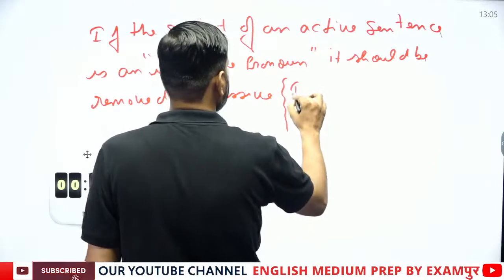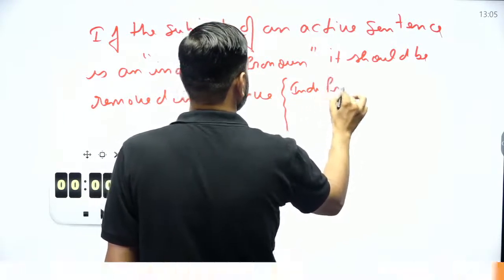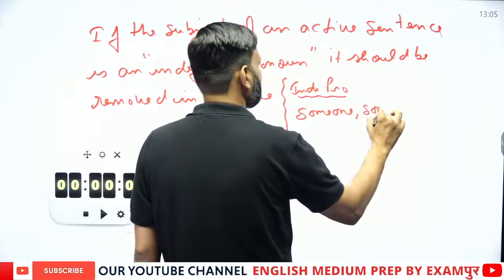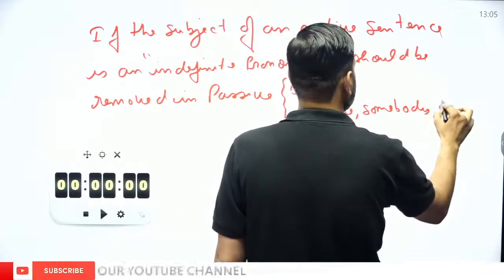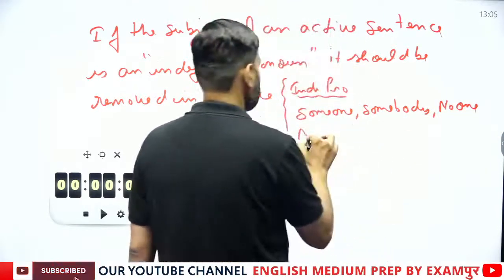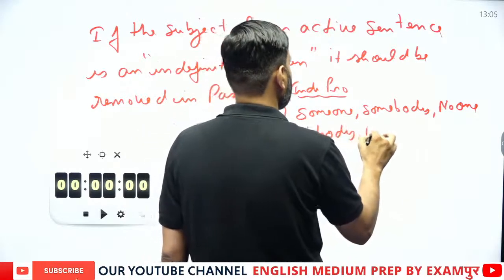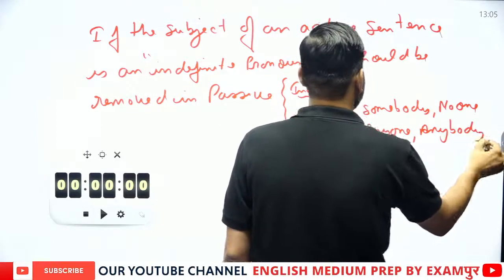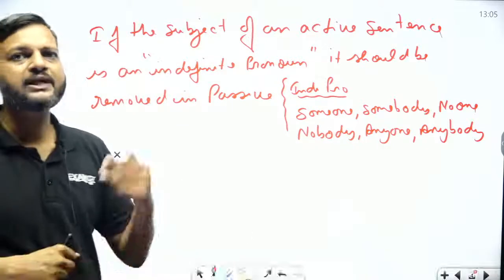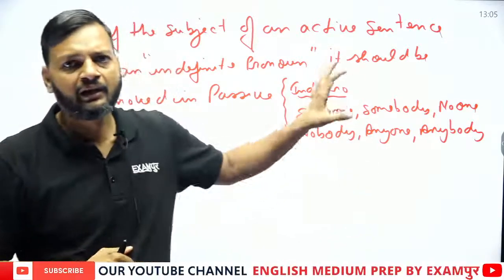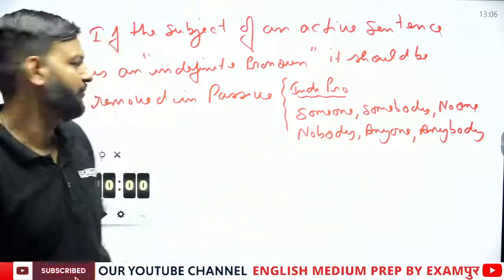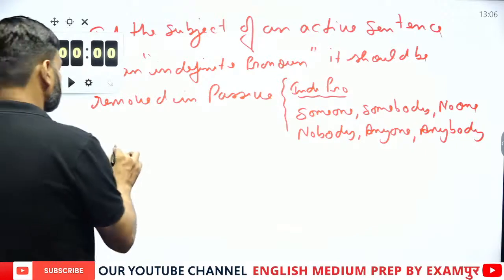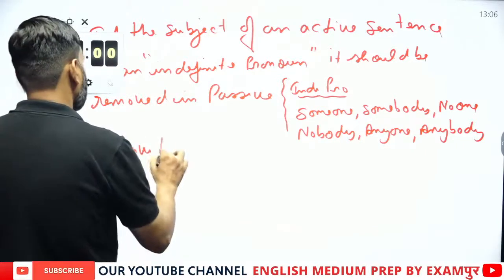What are indefinite pronouns? Someone, somebody, no one, nobody, anyone, anybody. These are indefinite pronouns. So if the subject of a sentence is an indefinite pronoun, it should be removed in passive. For example, if the sentence is Ravi has